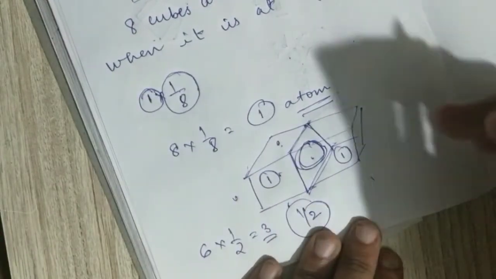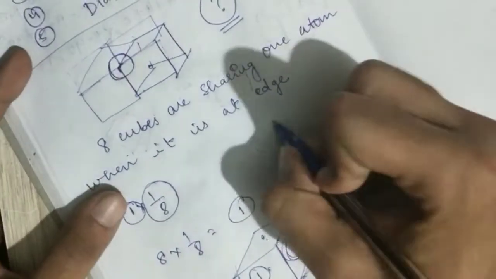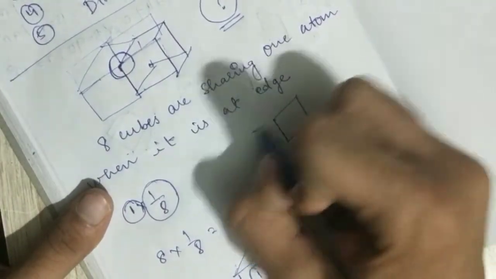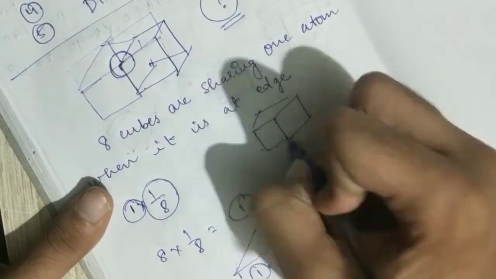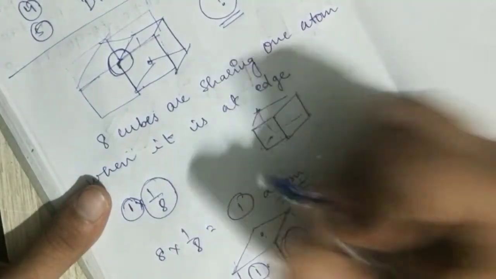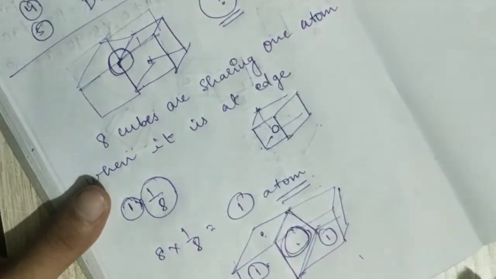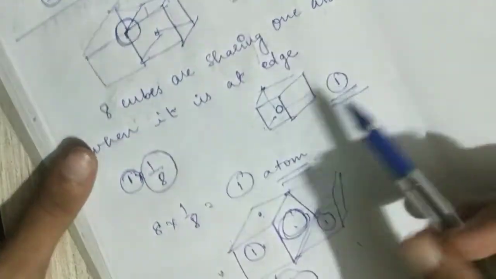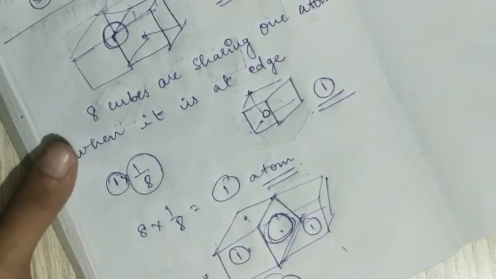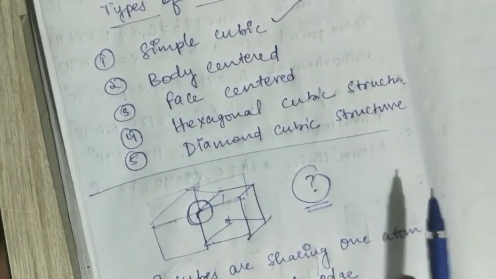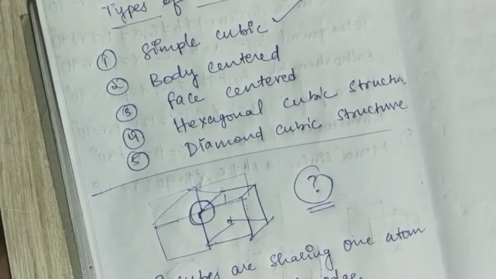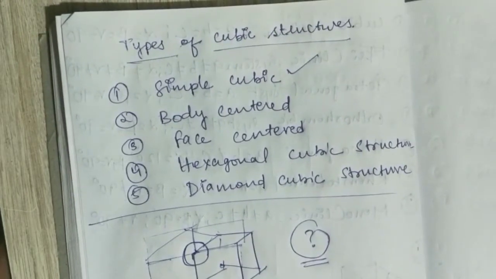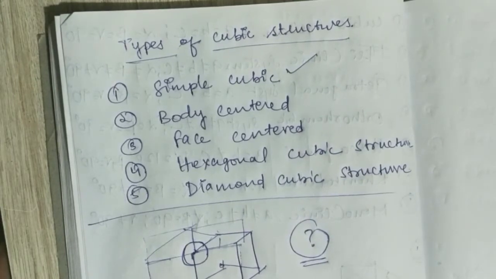I forgot one thing. If we take a cube and an atom is present in the center, it won't be shared with anyone. So the effective number of atoms present in the cube is 1. These three basics are required to enter this topic. I am explaining this topic without derivations so that it will be very easy to write in your semester examinations. And from a GATE point of view, only formulas are required. No one will ask what is in the derivation, so I am skipping the derivations.